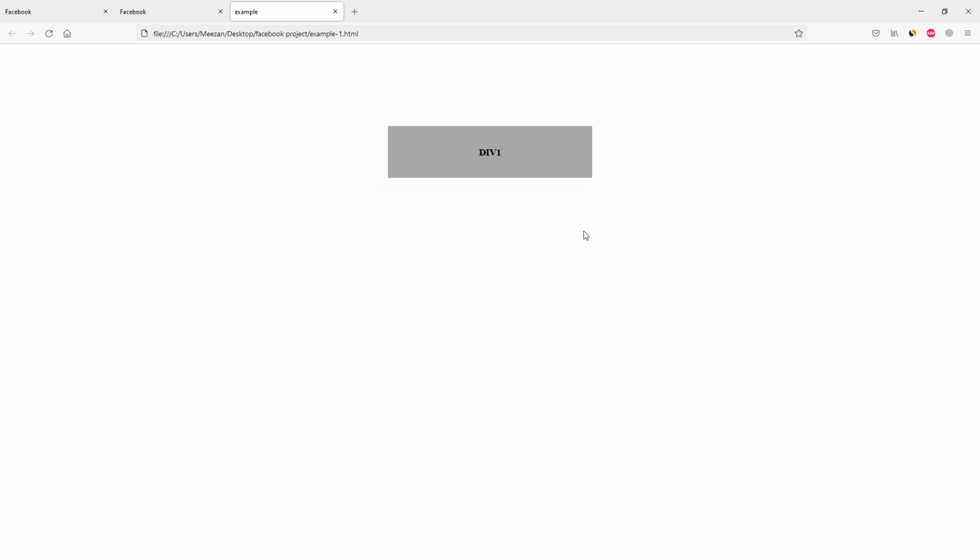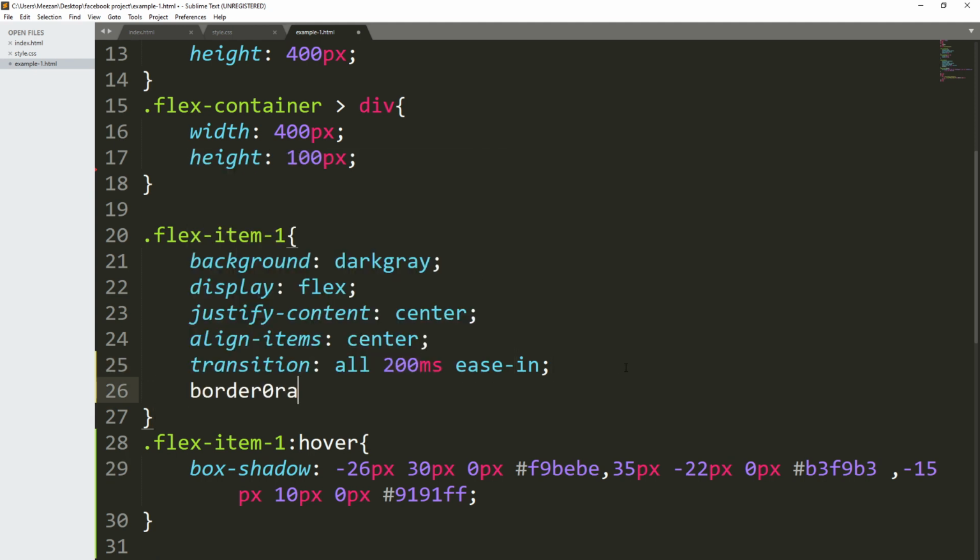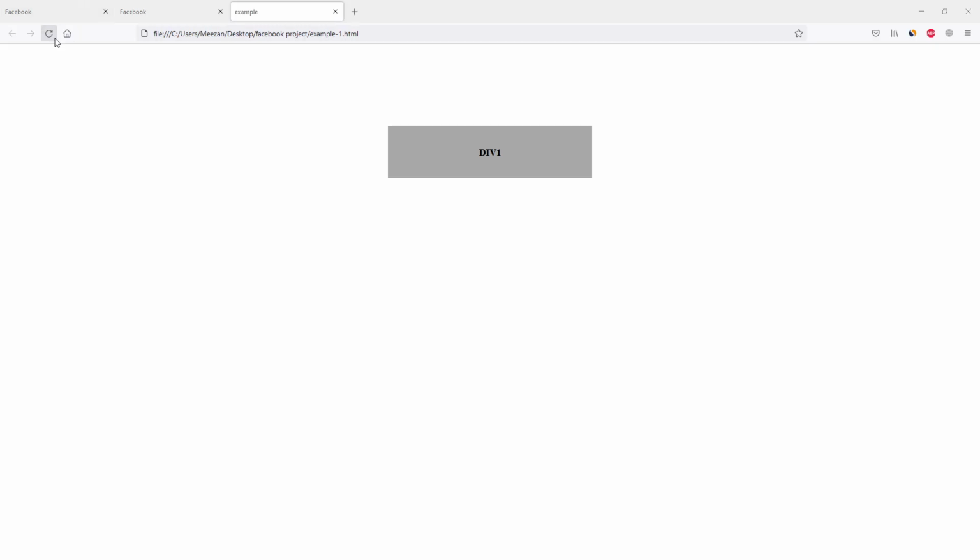So let's add a border radius to the parent element to look much better. So let's say border radius of let's say 20 pixels. So let's refresh the page, and if you hover to this element, you can see it's given the box shadow to this element on a hover state. So that is how you can do many things with the